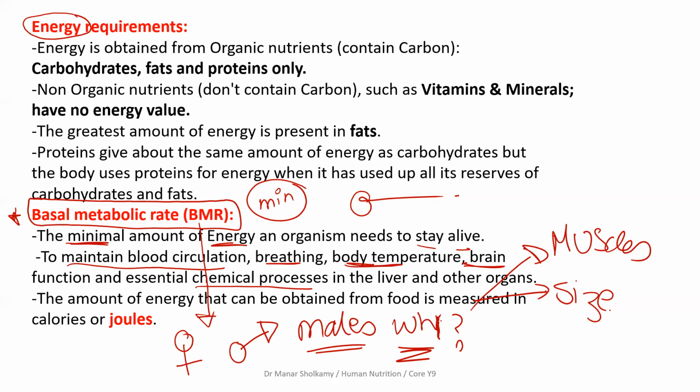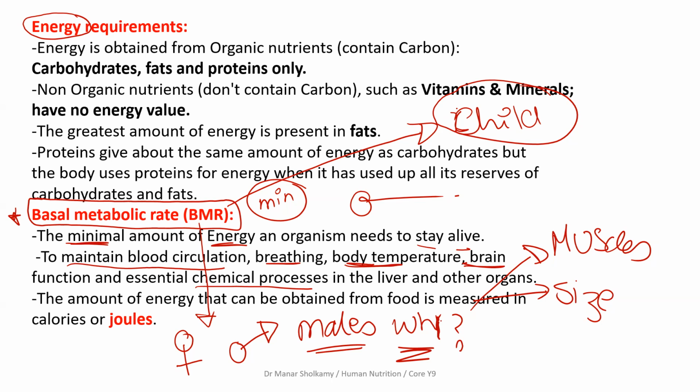Okay, and what do you think? Do children or adults have a higher basal metabolic rate? A child or an adult? An adult. Because... A child, by the way, children burn more energy. Children burn more than adults. Yes, children burn more than adults. The younger you are, the more you're burning, even while you're sleeping. Children are more active than adults? Yes, they are more active and they are growing the whole time, even while they're sleeping. So they have a higher basal metabolic rate.